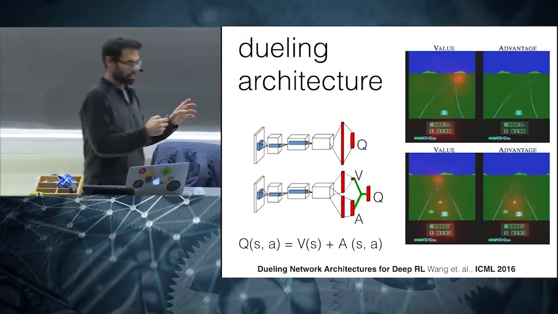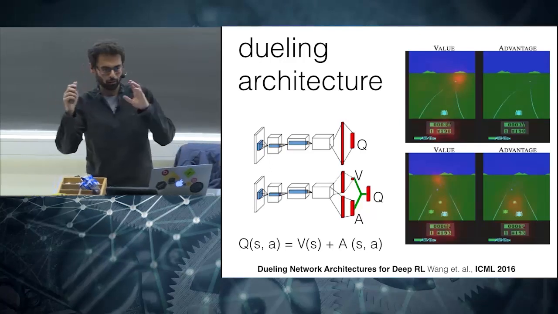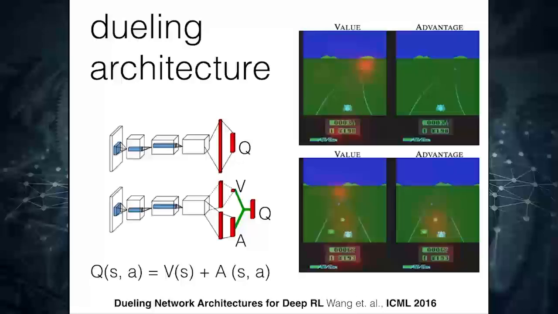Another innovation. Now this is a cool idea from the point of view of using some of the RL theory and pushing it into the network architecture. As I mentioned, nowadays one of the directions is that you push a lot of the complexity of the algorithm into a differentiable graph. So this is one simple example of that, where, in a Q network, this is DQN, the Q value is actually composed of two parts, a value of the state and the advantage of an action in a state.